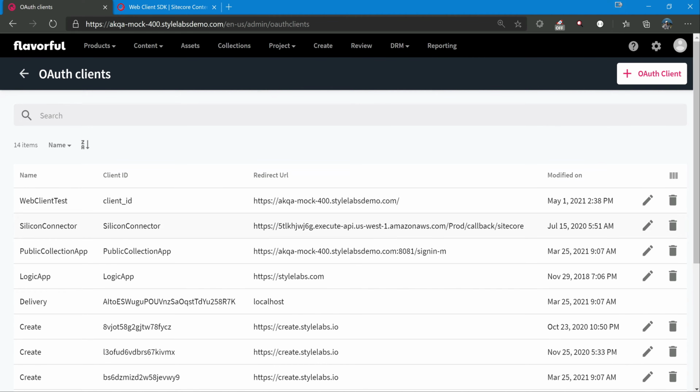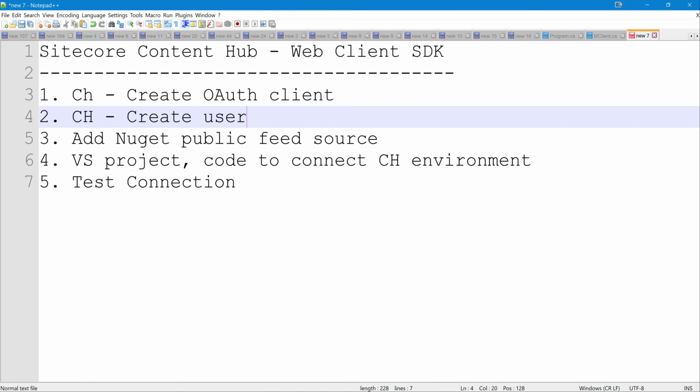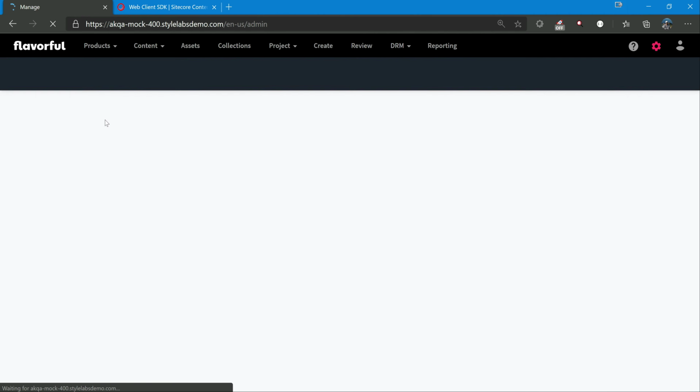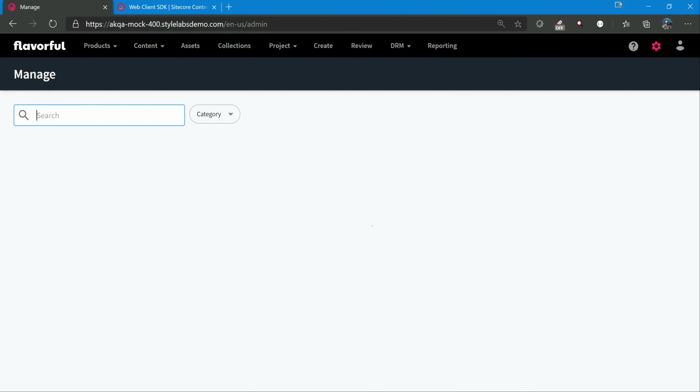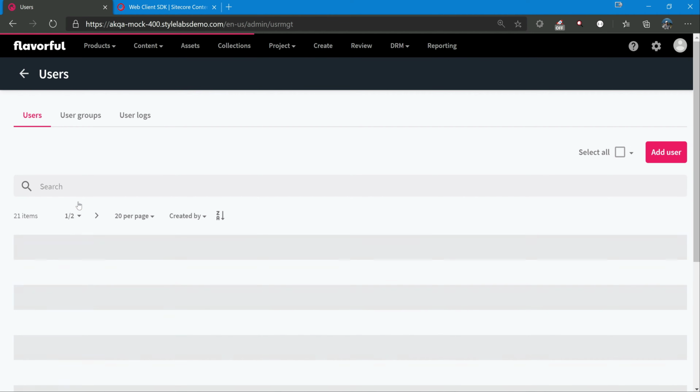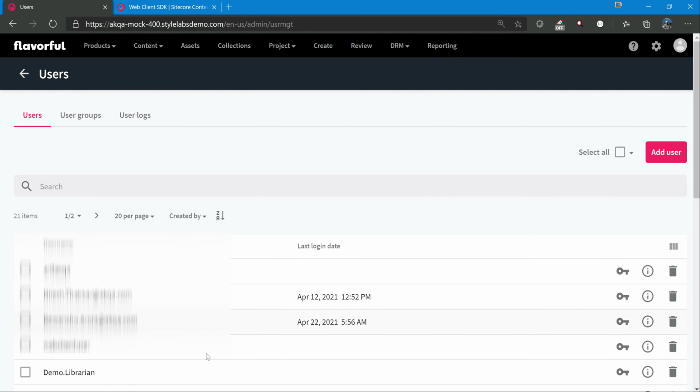The second piece is we have to create a user. I have already created a user as well. Let's go to the manage section again and search for users. I created a web client user here.